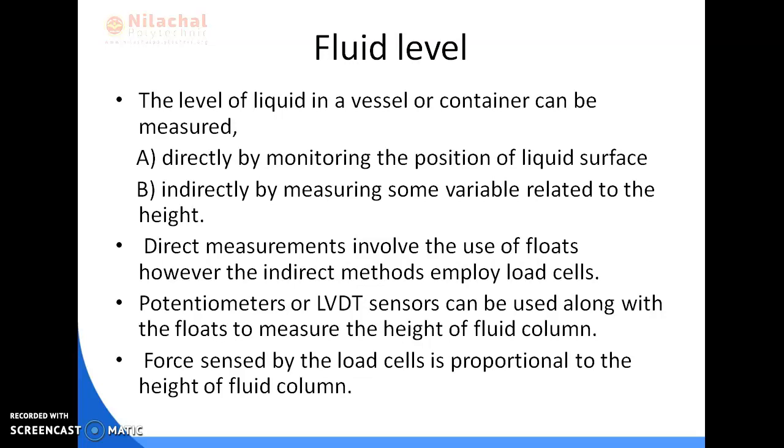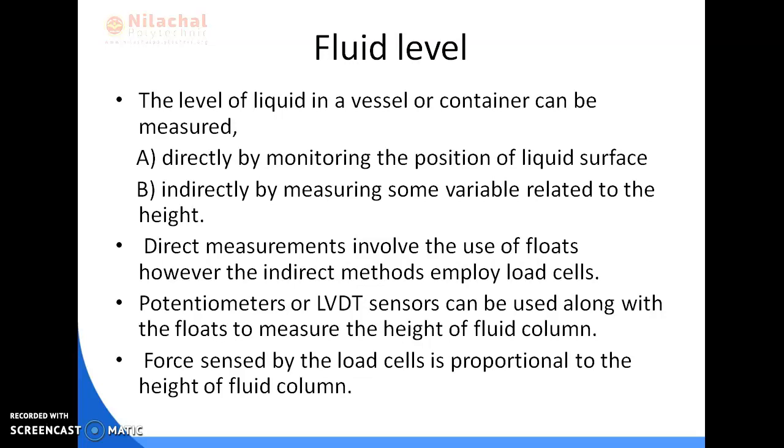Suppose we have some fluid inside a bottle or a pipe, and we can see the level of fluid from outside. Then we can directly measure the fluid level. Or suppose we float something on the fluid, then we can measure the height of that floating object and thereby the fluid level. But suppose inside a pipe, fluid is flowing or we are not able to see it from outside, then how do we measure it?